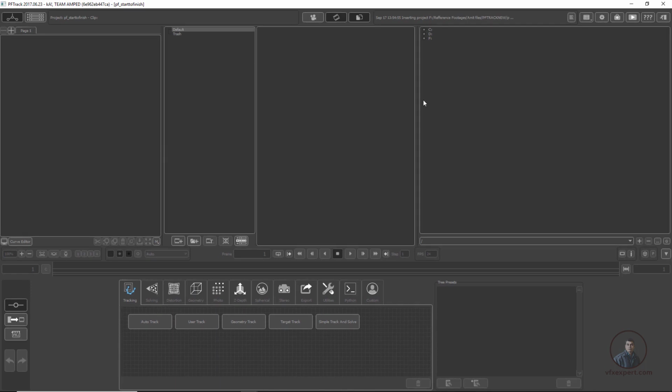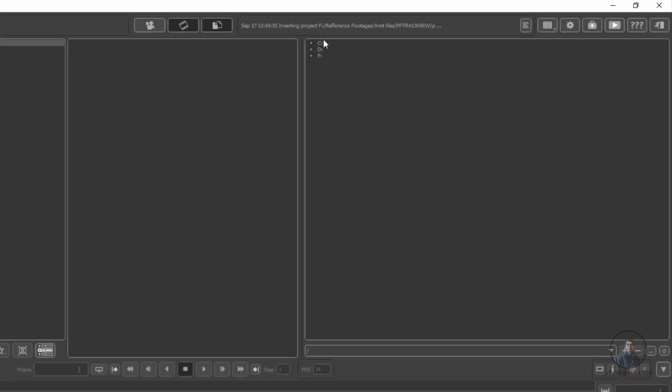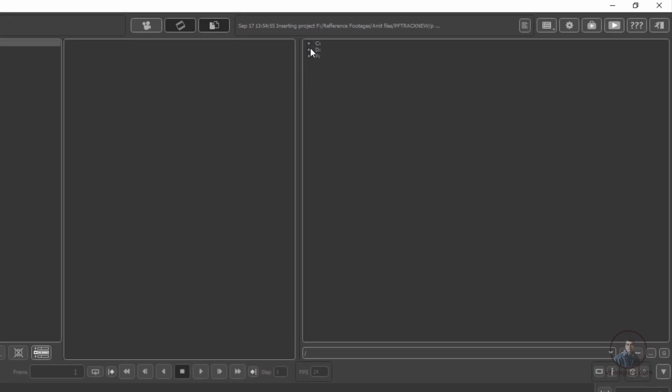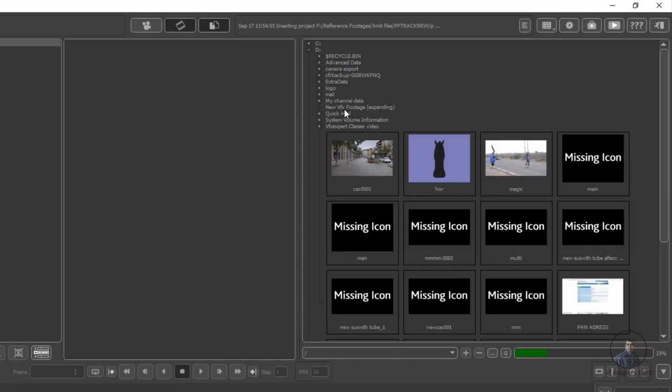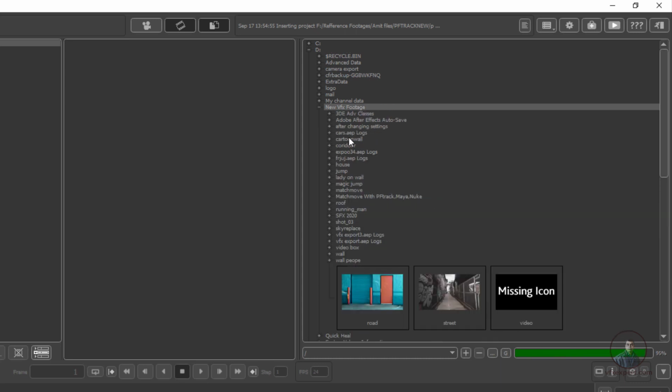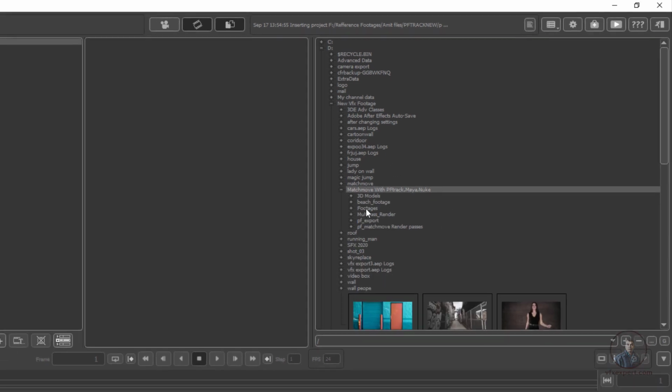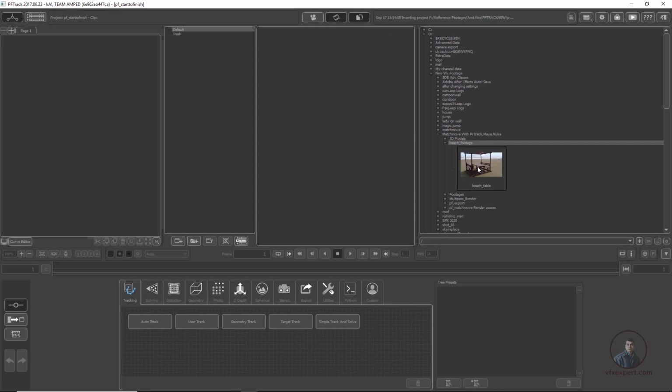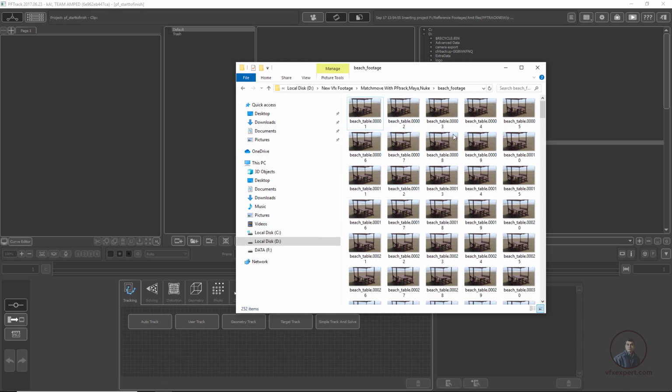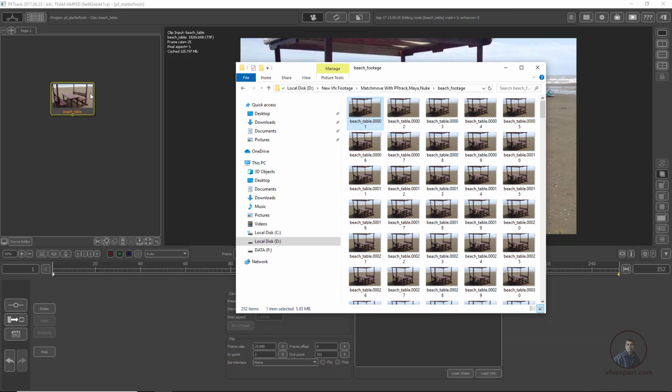After this we have to import our footage. So for this, simply on the right side you will see these are our drives. So from here you can also select your folders and then you can select your footage like this. Suppose inside this, now just open this one. So inside PFTrack, inside this, we have to select this footage, and simply you can select and drag and drop it into our tree area. This is our tree area. Or simply you can directly import from your folder. So this is our folder, and from here you can also select and simply drag and drop into our tree area. Okay, so I have simply imported our footage.